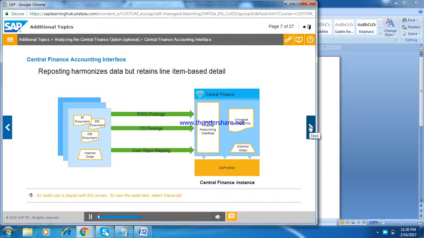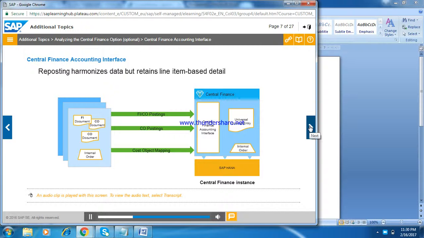Central Finance helps companies to report on financial figures sourced from different systems. These systems might be running Classic GL or the new GL. They probably have different customizing settings and no harmonized master data as follows: chart of accounts, controlling areas, operating concerns, material numbers, product hierarchies, customer or vendor numbers, cost centers or cost center hierarchies. There are 3 interfaces that feed data from the source systems into the target system's accounting interface as follows: